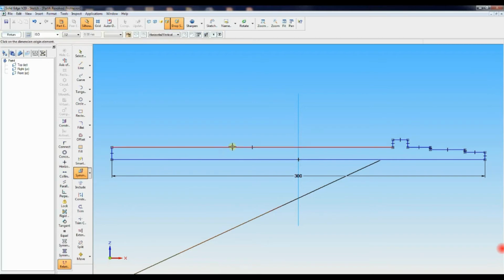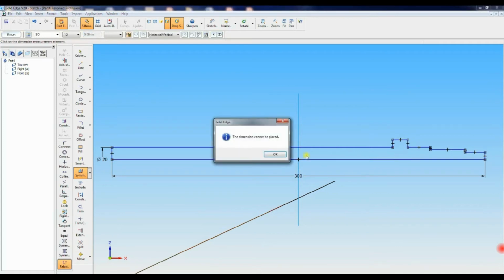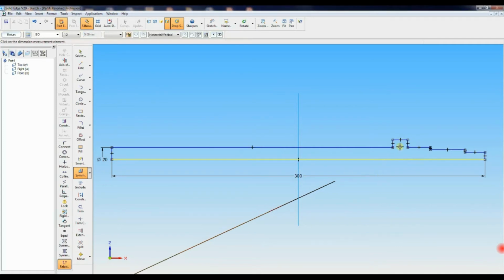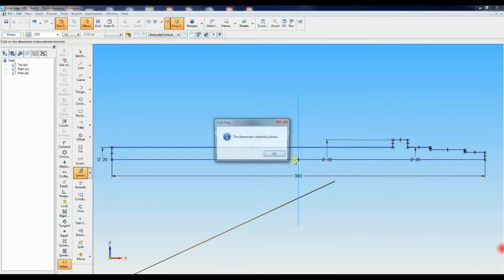Then go to symmetry diameter. That you have to get 20. That diameter is 32. Then one more diameter is 20. That is 20. Another diameter 16.